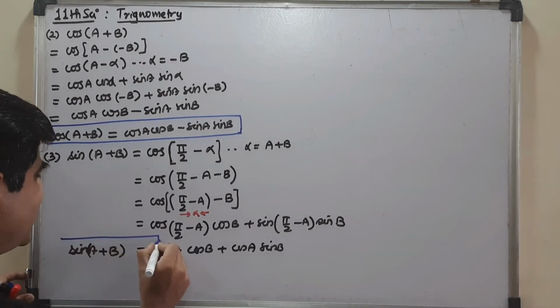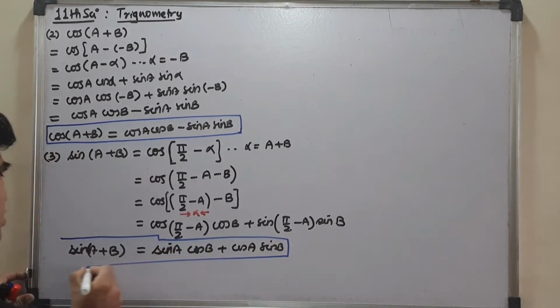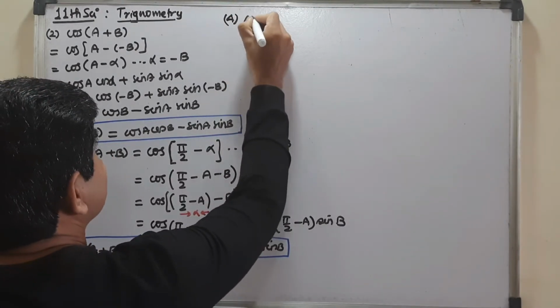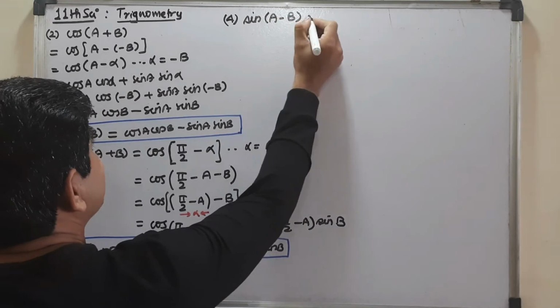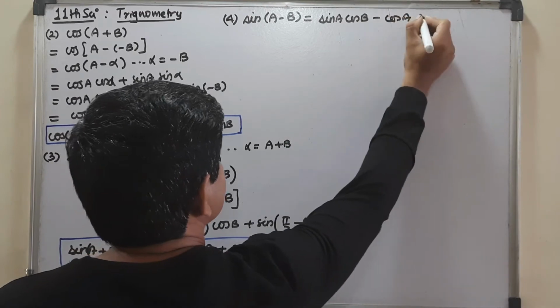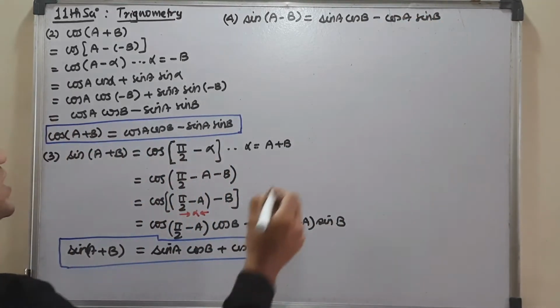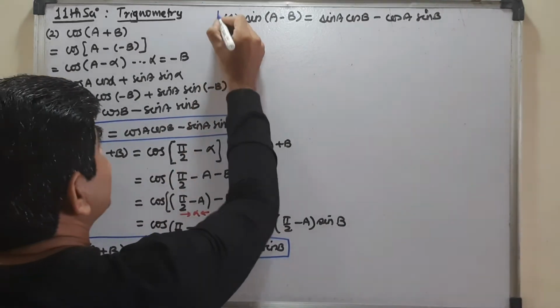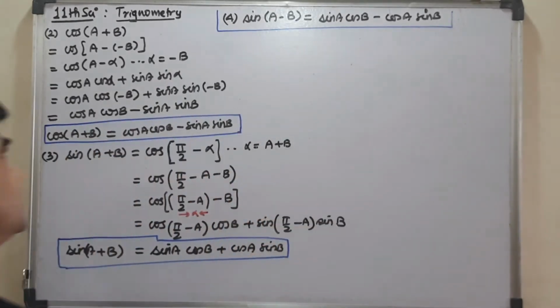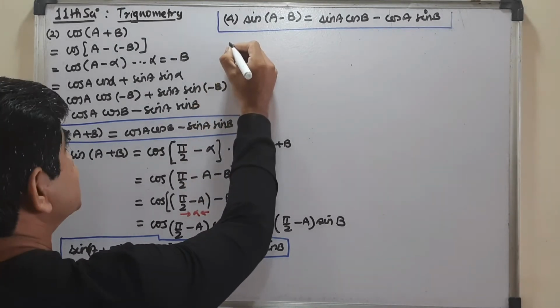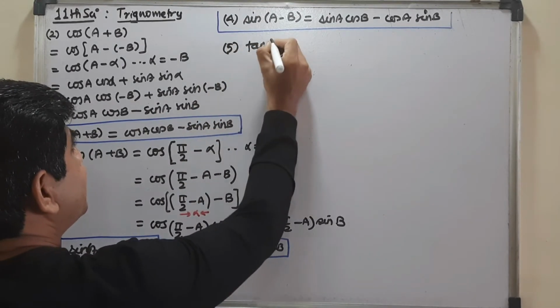So from this I understood now that if I want to get the formula of sin a minus b, it will be 100% this one, that is sin a minus b will be sin a cos b minus cos a sin b. Only this change will take place, that is change of sign, joining sign, nothing else. Okay, so this is your sin. Now if I go to tan now, that is tan a plus b.